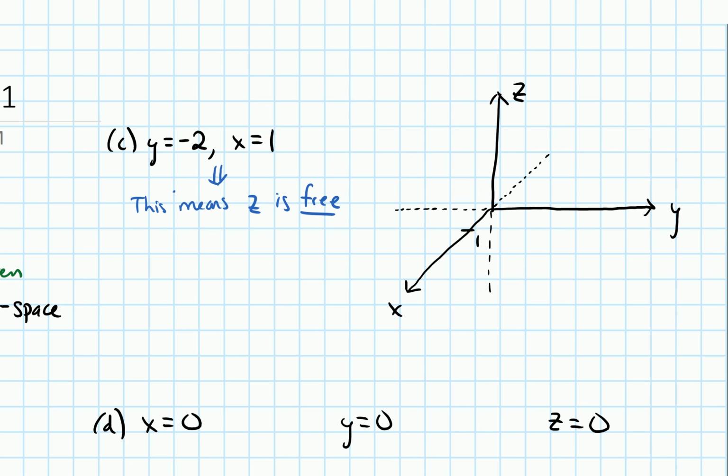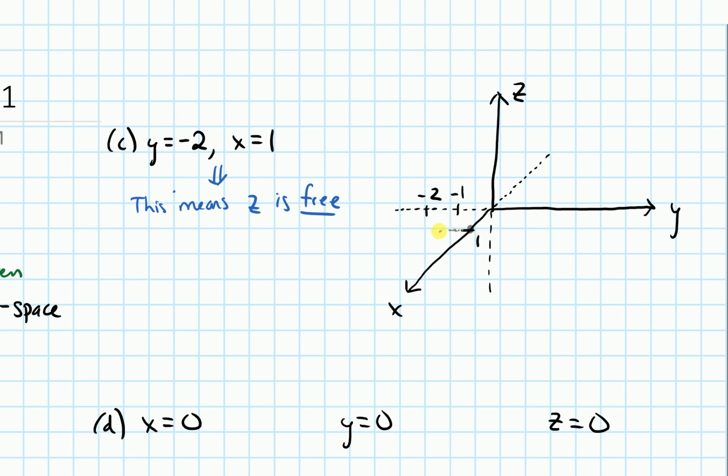So x is 1, let's go 1 in the x direction. And let's go -2 in the y direction. That would be, so let's say this is -1, and maybe this is -2. So let's just see where that would take us if we go 1 in the x direction, and then -2 in the y direction. So I'm going to start to draw a line through where this point is, where x